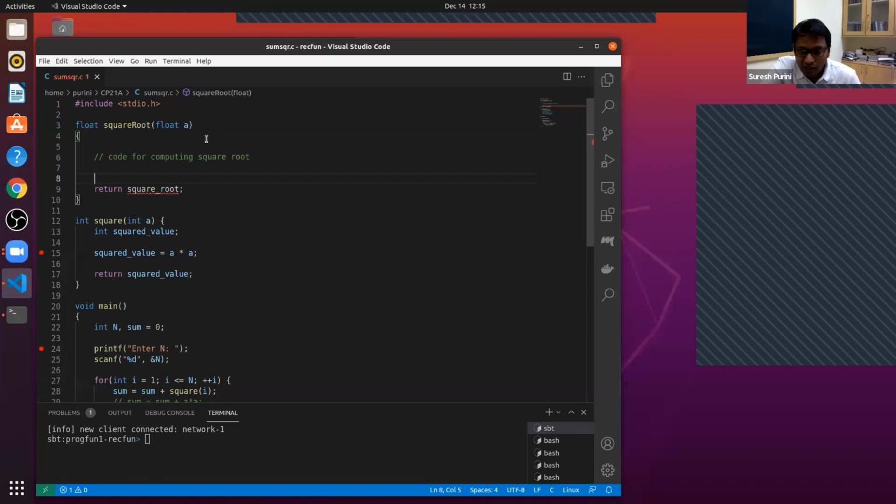Because square root is typically, unless it's a perfect square, most of the time a real number, right? You can make the parameter an integer, we just make it float as it is more general. So yeah, that's true. You can make it into an integer and then you still have to work in the floating point space.